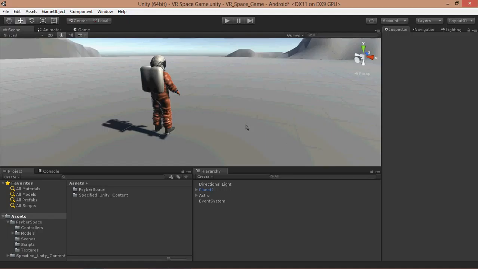In the last video, we set up the planet's gravity and made it so our astronaut automatically aligns with the surface of the planet. In this video, we're going to be adding the spaceship so we can finally get to space. Alright, so what we're going to do is get the future shuttle model,